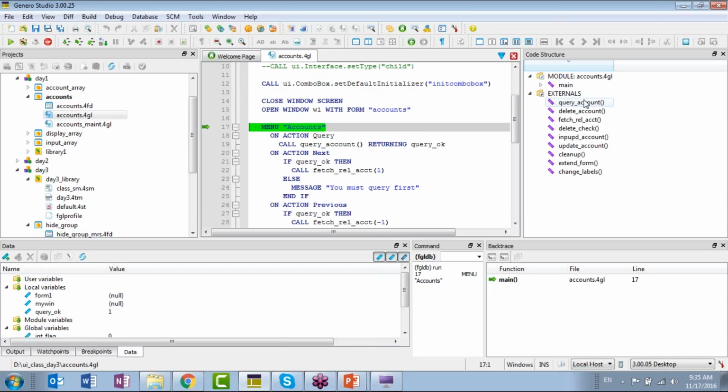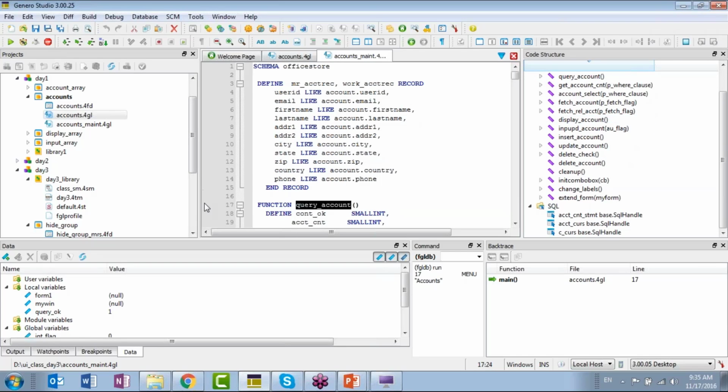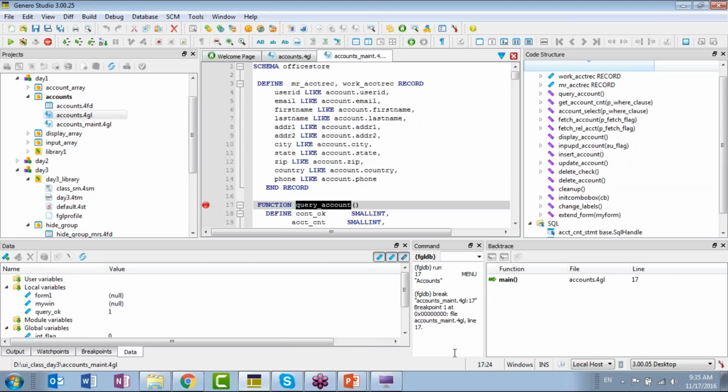And now I can go along and locate functions. I use the Code Structure view for that to find them quickly, and you can add breakpoints like that just by clicking in the gutter. You can add or remove breakpoints that way,